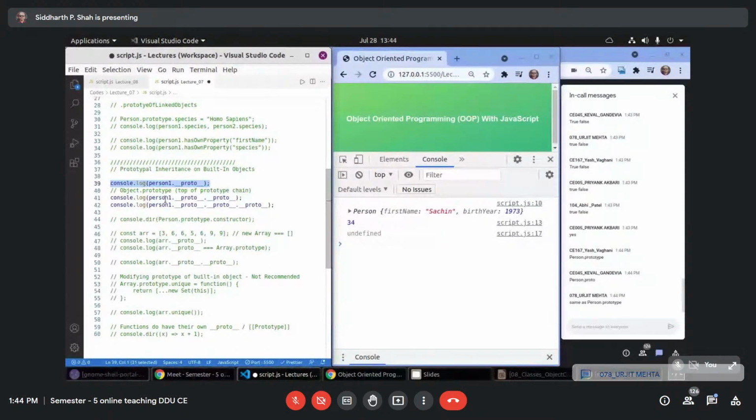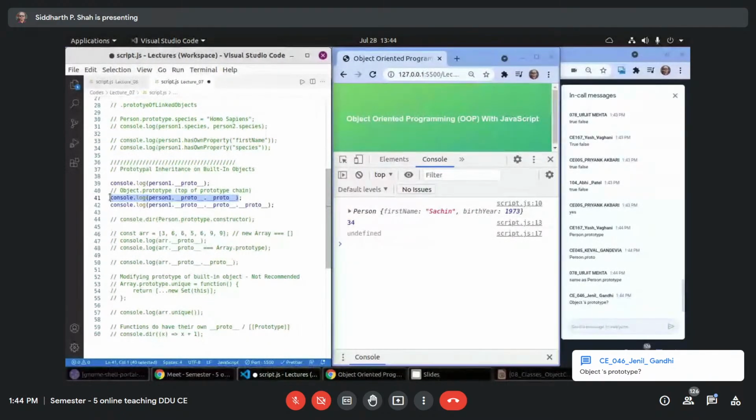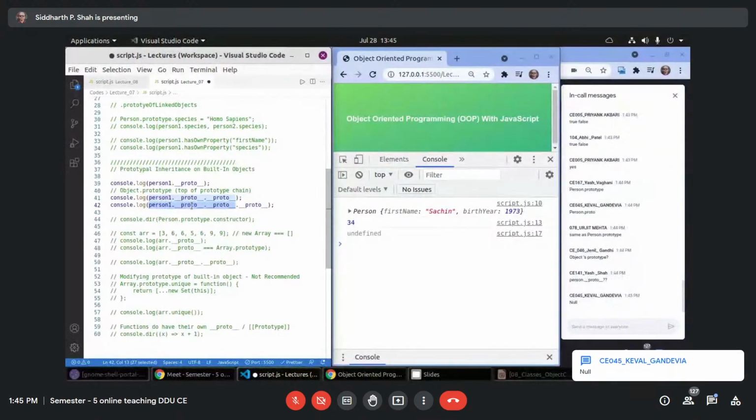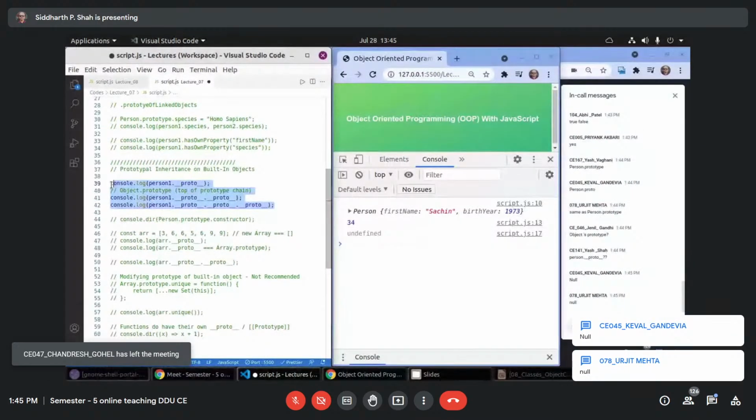But then what is the proto of person1.__proto__.__proto__? That means it is the prototype attached with person.prototype, and person.prototype has Object.prototype as proto of that, right? So this is basically Object.prototype. So what is the proto of Object.prototype? That is null, correct? So this should print that way.